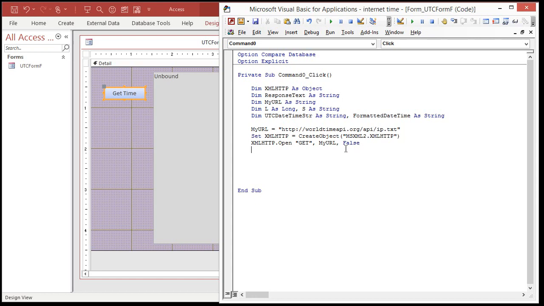But you have to just go with a reliable service. All right. So now we're going to actually send the data. We've opened the connection. Now we're going to XML HTTP.send. That sends the information, and it's going to sit here and wait now. Okay. And then when it's received, we're going to say response text